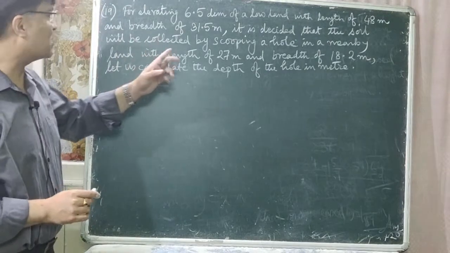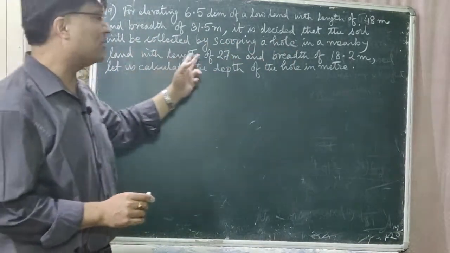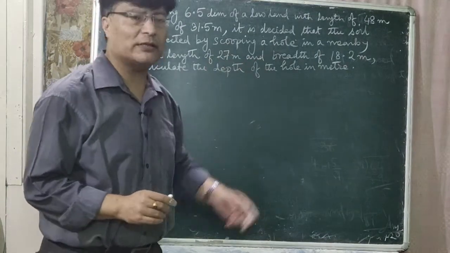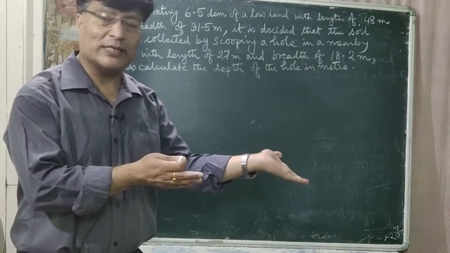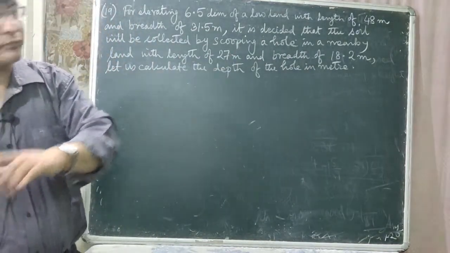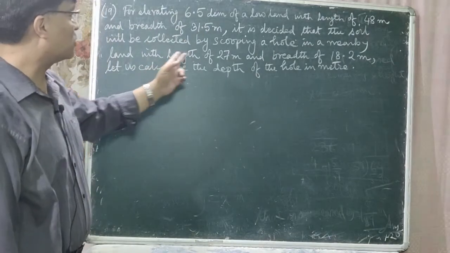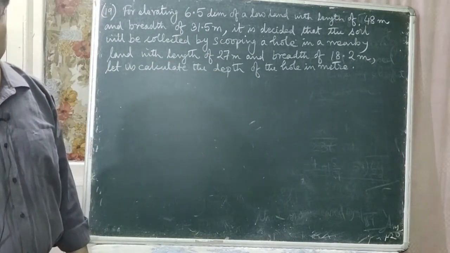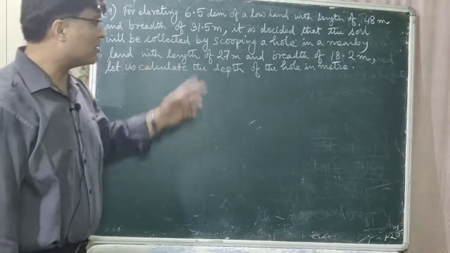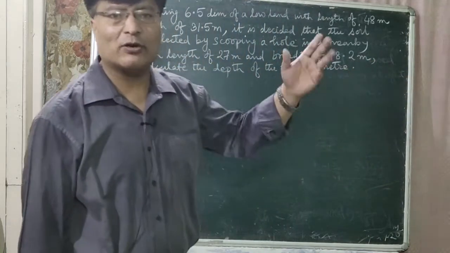So now it is decided that the soil will be collected by scooping a hole in a nearby land with the length of 27 meter and breadth of 18.2 meter. छेउको ल्यान्डबाट माटो निकालेर त्यो लो ल्यान्डमा छर्दैछ। त्यो छेउको ल्यान्डको लेन्थ कति रहेछ? 27 मिटर, अनि ब्रेथ कति रहेछ? 18.2 मिटर। अब लेट अस क्याल्कुलेट द डेप्थ अफ द होल इन मिटर।